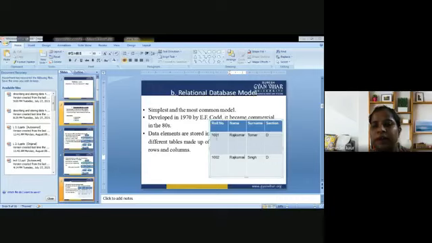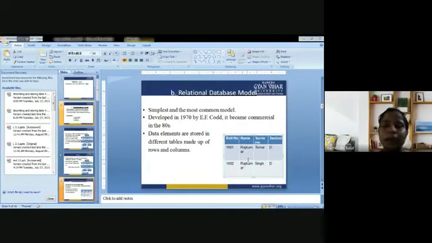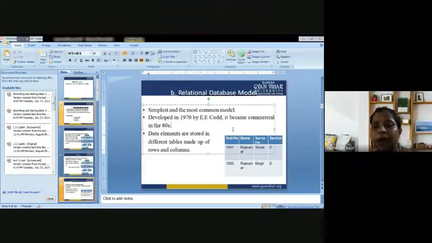So this is the first entry: a student who has roll number 1001. His name is Rajkumar, his surname is Tomar, and his section is D. Second is 1002, Rajkumar, Singh as a surname, and his section is D. In that manner, we are supposed to study relational tables. This is just a table, I have not defined any relation here. This is just how a relational table looks like. It is the table of the student, in which various records of the students are stored.